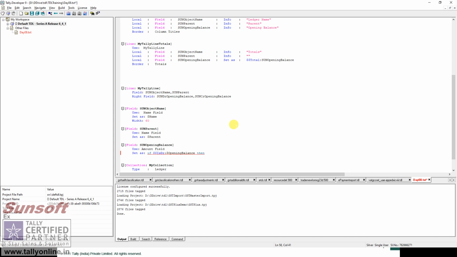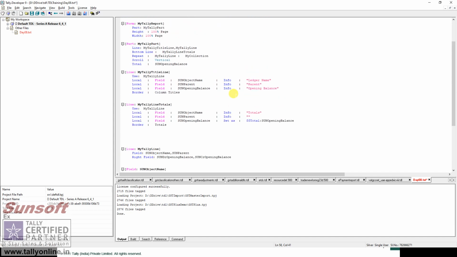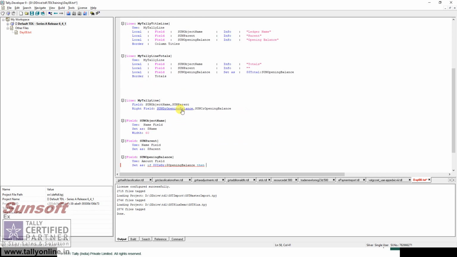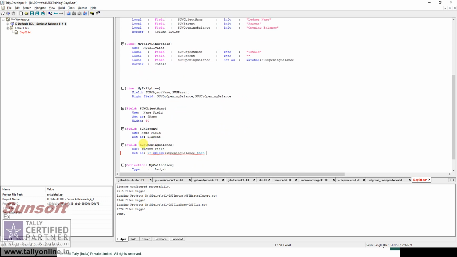The field I have defined as debit amount first. So let me make that necessary change. DR opening balance if then opening balance else 0. Now let us understand this concept.